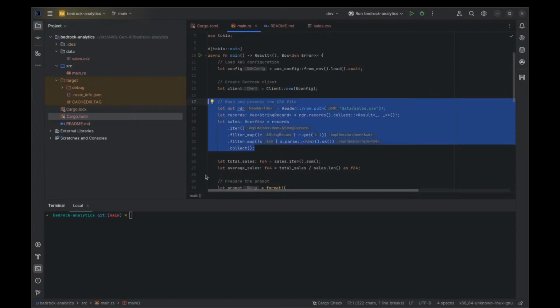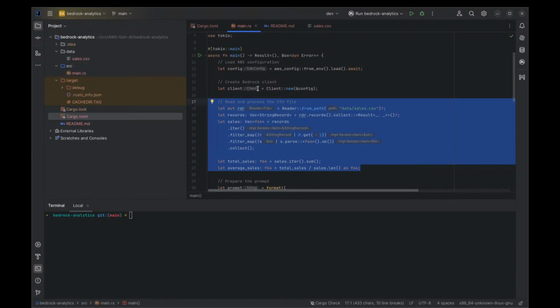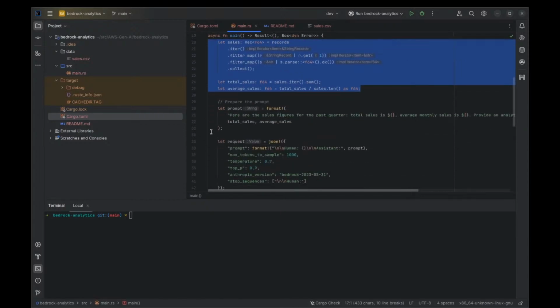Now, this is where it's kind of interesting, is that depending on what kind of operations you would outsource to a foundation model, we're going to first calculate some stuff locally. We're going to figure out the total sales, the average sales. So we're doing some of the actual calculation in math first before we use generative AI, and then I prepare a prompt.